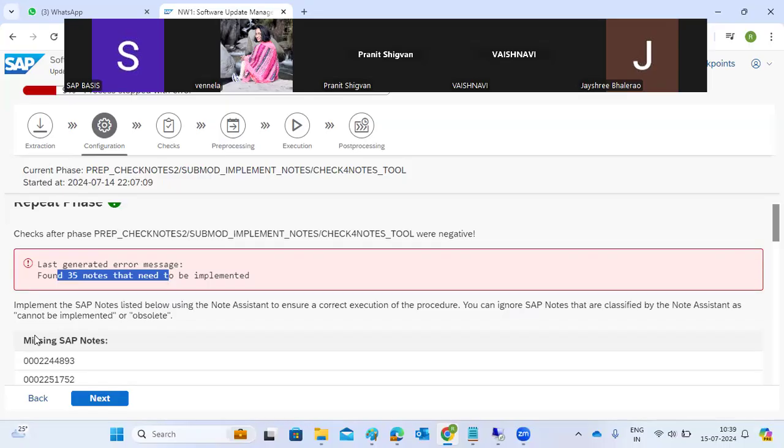This is actually common, a common blocker for everybody. Okay. So now our aim is to implement all those